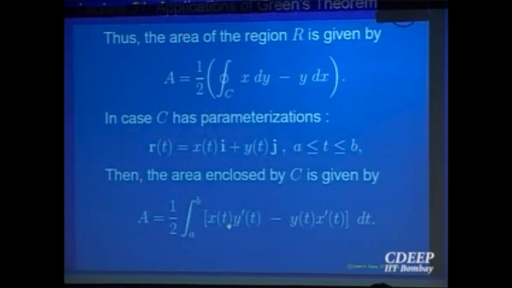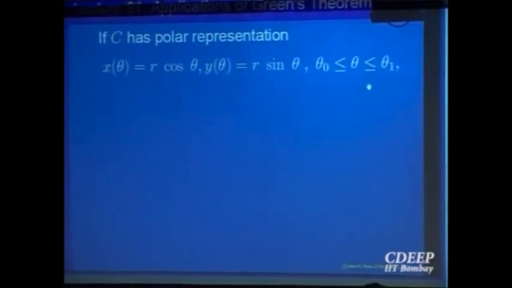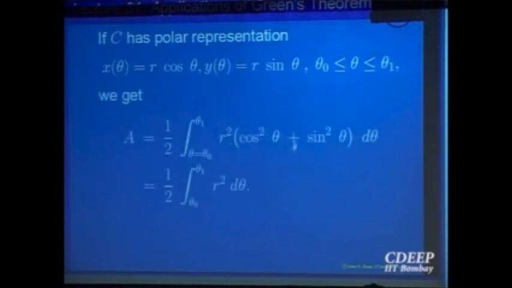Now let us take the special parameterization, namely the polar coordinate parameterization. What does this give you? x(theta) is equal to r cos theta, y(theta) is equal to r sin theta. You are integrating between theta equal to 0 to theta 1. Let us see what it comes out to be. That is the formula we obtained otherwise also, in one variable. This is just to show you that everything is going consistently. There is nothing suddenly being developed independently. All are extensions of the same idea from one dimension to two dimensions, relating one dimension with two dimensions.